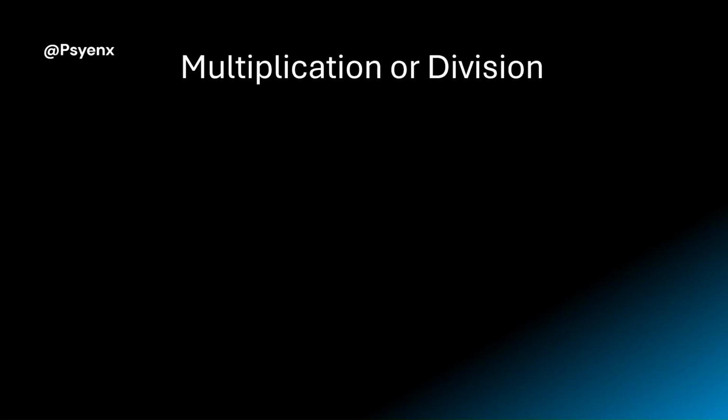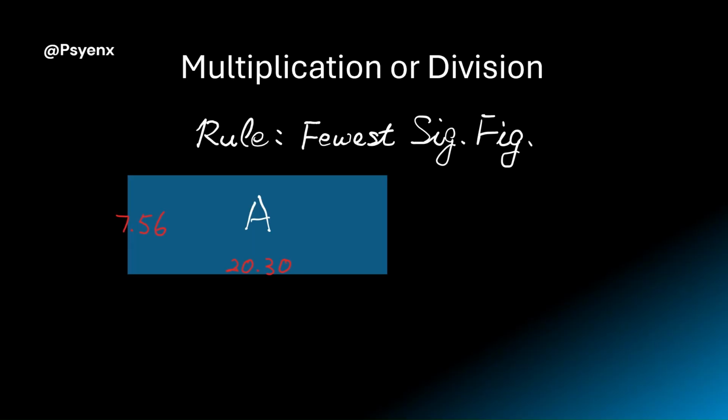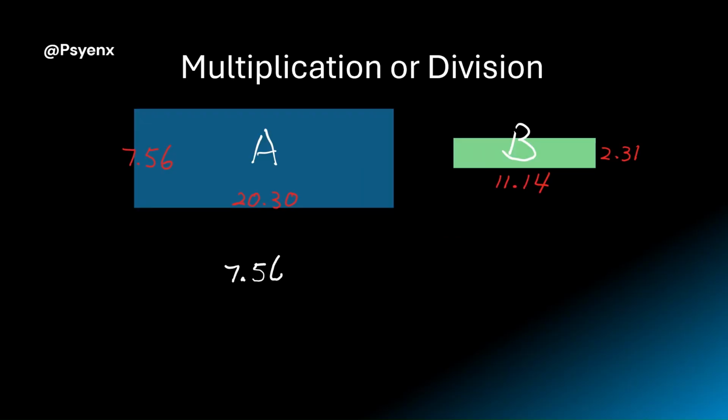For multiplication or division, the result should have the same number of significant figures as the measurement with the fewest significant figures. In the example, we are finding the ratio of the areas of two rectangles. Rectangle A, 7.56 centimeters times 20.30 centimeters. Rectangle B, 2.31 centimeters times 11.14 centimeters. The initial calculator result for the ratio is